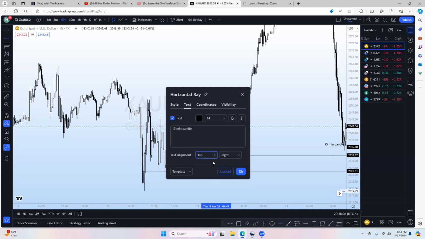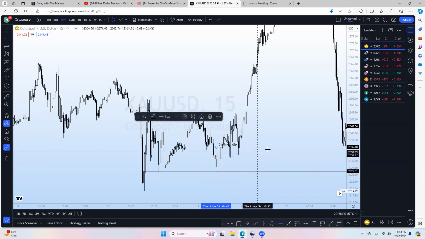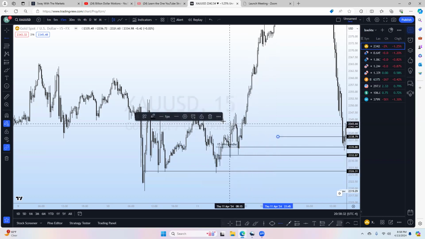And then you can change the format of how you type that message. We'll put it on the left top. You can change the size of the text. You can bold it, italicize it. Just press OK. So right here,